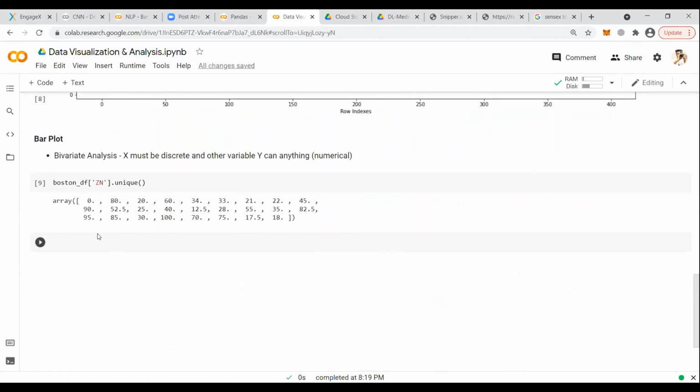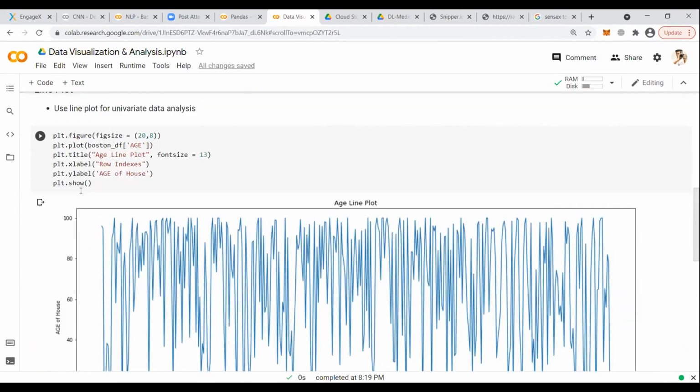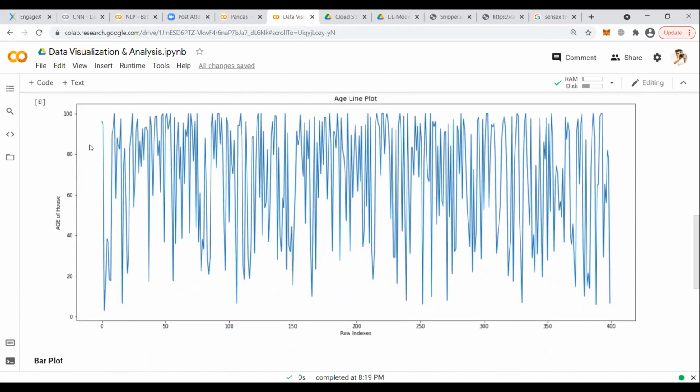Compare. What do you think, is Zn discrete or continuous? Discrete. Limited range, so it will be discrete. You need to compare with the number of rows.